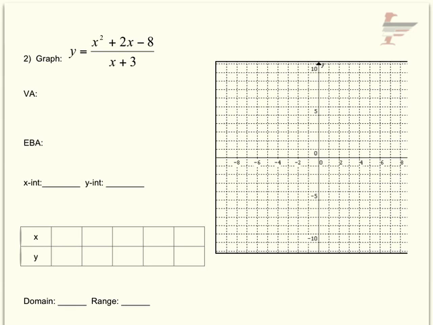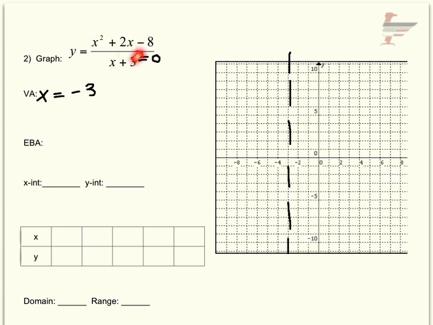Alright, this one, a little trickier. My vertical asymptote, I will solve that denominator, so that's not too bad. X equals -3, and again, I would draw those in as soon as I find them. The end behavior asymptote, because my degree on top is larger than that of the bottom, I have to divide